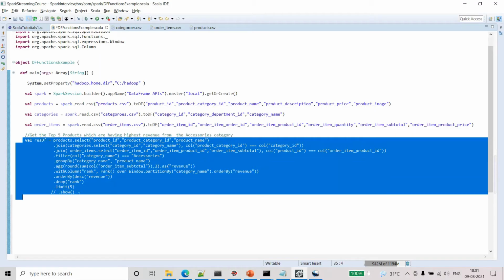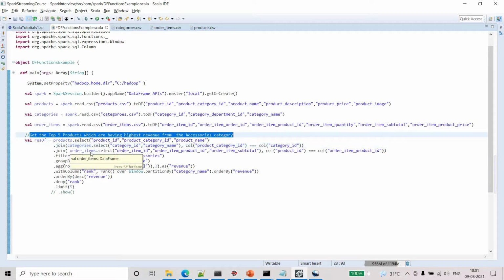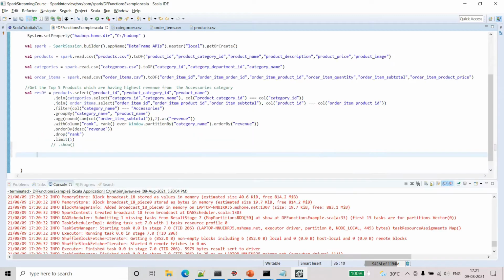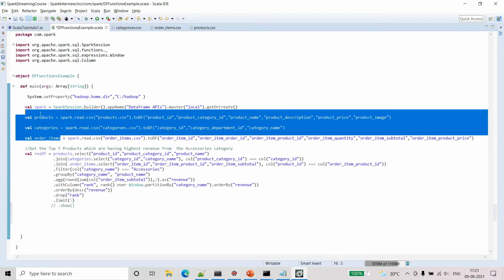This is the query we used yesterday with the data frame APIs for resolving this business scenario. So today let's do the same with SQL queries, the Spark SQL query. For doing that, you have to register all these data frames as temporary views.